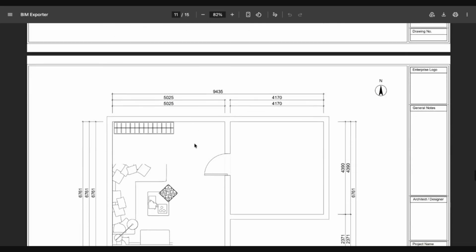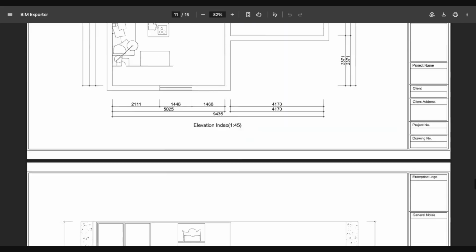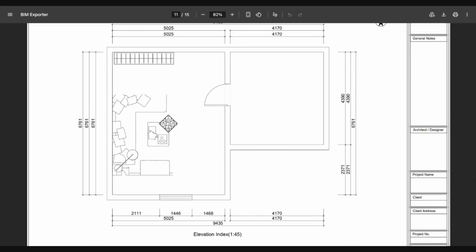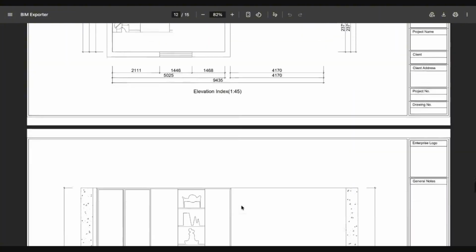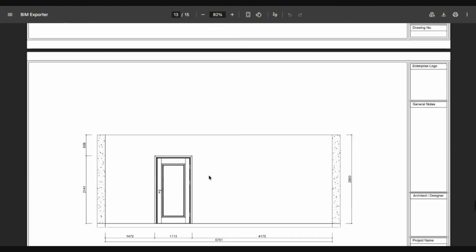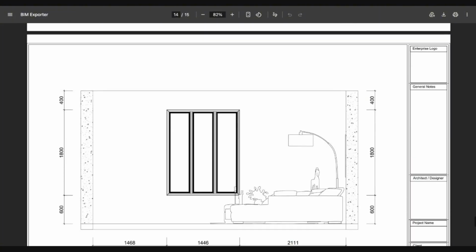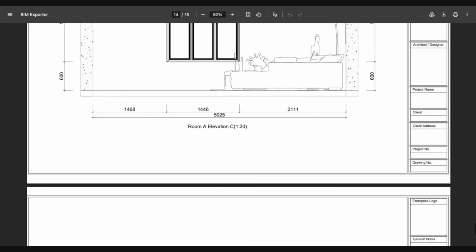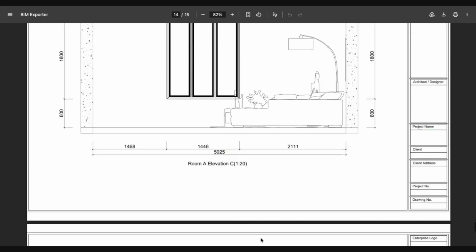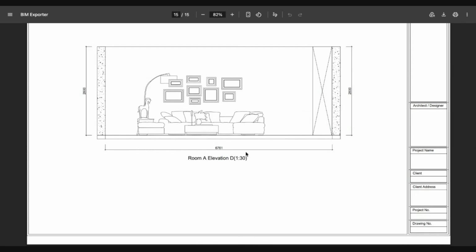And then here also you can see the elevation index such as A, B, C, D for the room A, and then giving all the elevation views for each room, such as room A elevation B, room A elevation C, and so on. Okay. So,